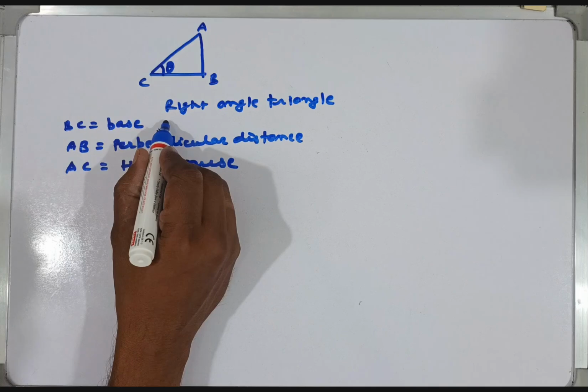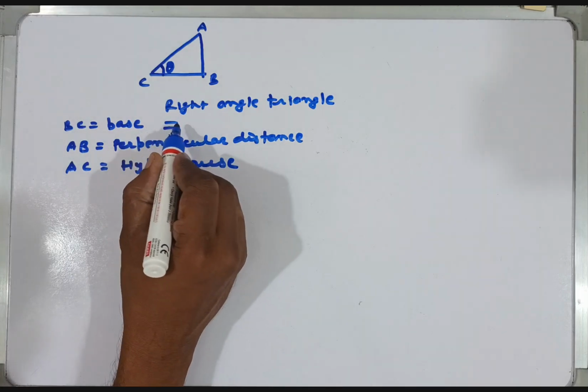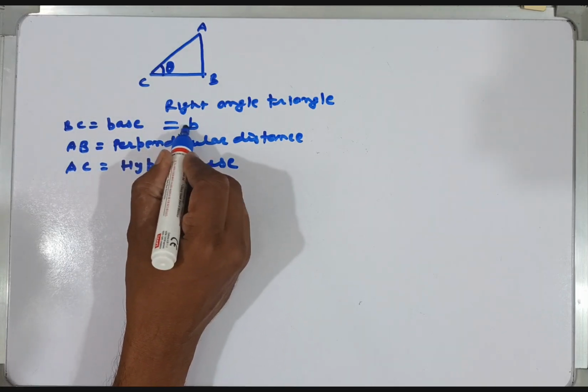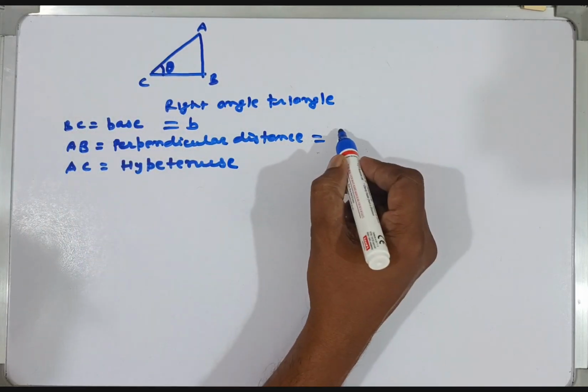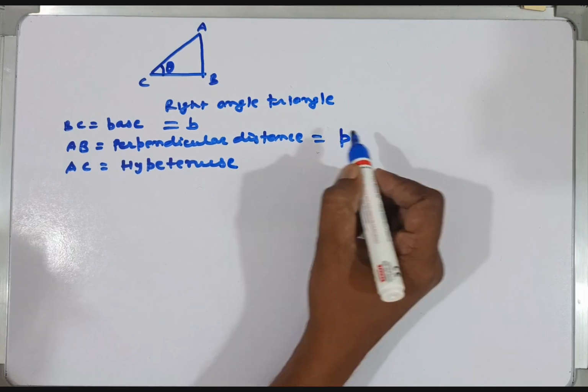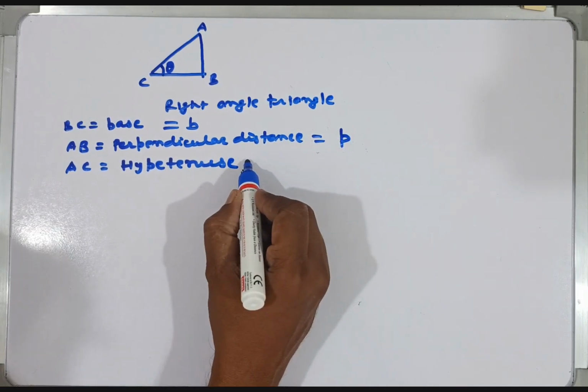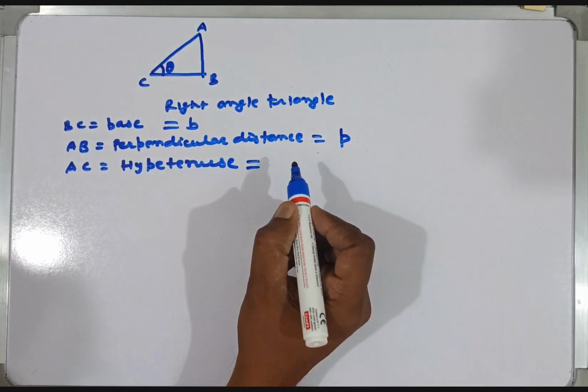We can write the BC line segment length by B, the AB line segment length by P, and the AC line segment length by